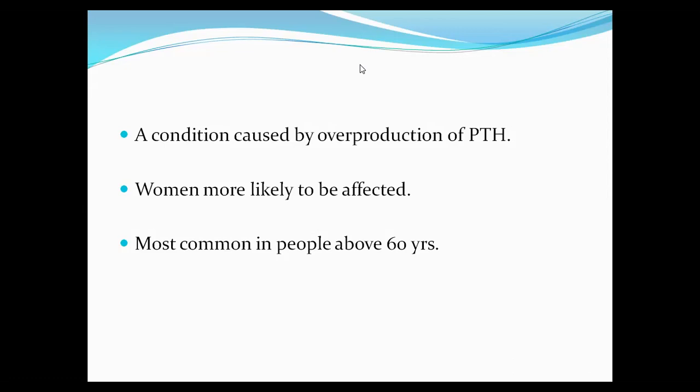In case of calcium control activities, this parathyroid hormone increases blood calcium levels by stimulating osteoclasts to break down bone and release calcium. This hormone also increases gastrointestinal calcium absorption by activating vitamin D